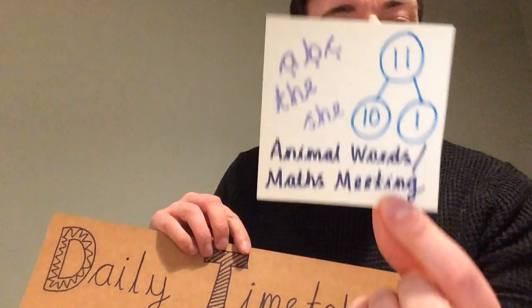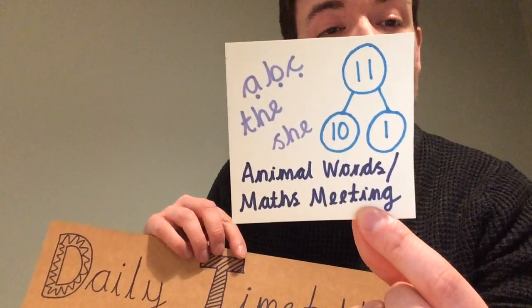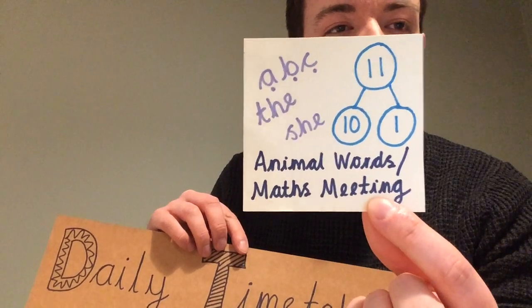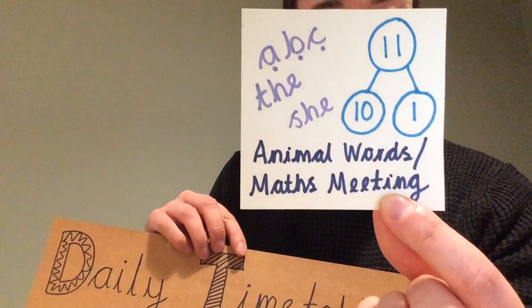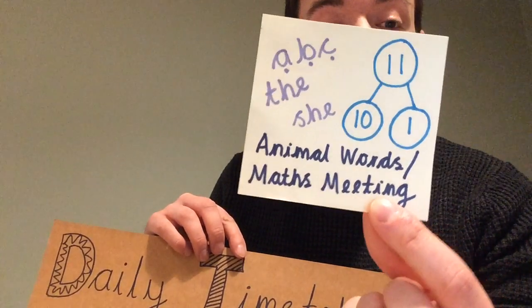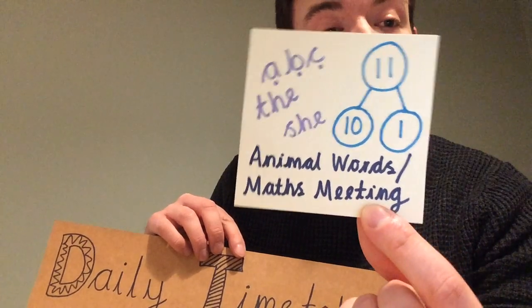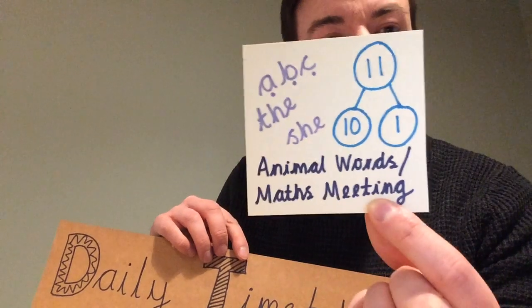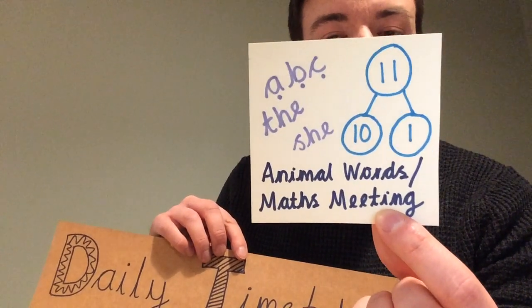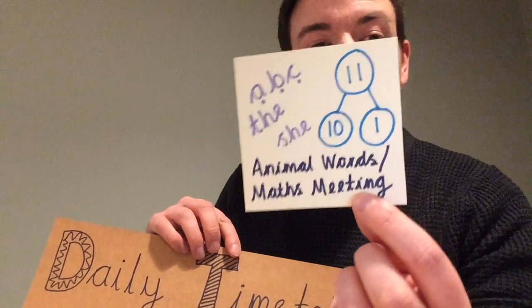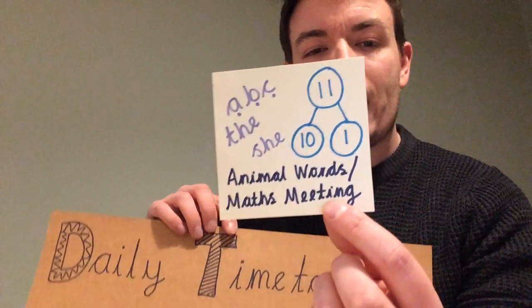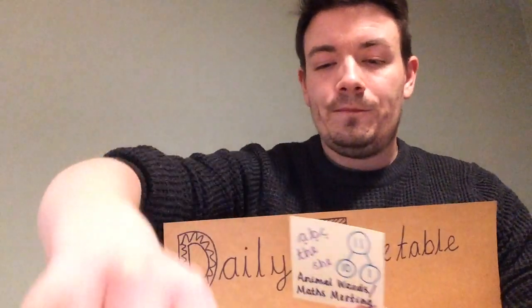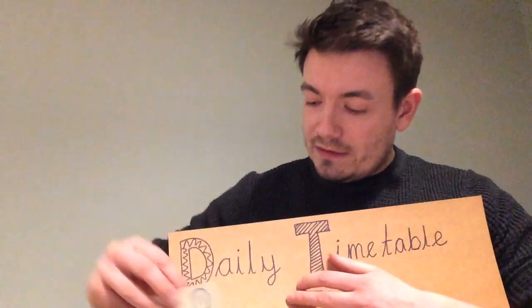Now, today we also normally start in Ladybird's class with our little challenge in the morning. So when we come to the carpet, you've done your busy fingers, when you come to the carpet, we normally do either our animal words time or our maths meeting time, okay? And this is just a very, very short little challenge as we start our day, okay? So I'm going to do today's one with you, okay? And that'll be the first one that I'm going to stick up